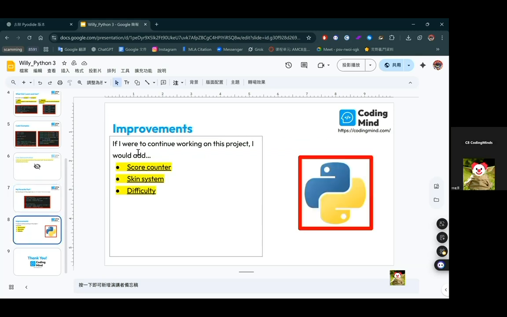And this project has something to improve. If I can, I would like to add a score system, a skin system, and make more difficulty levels, so the player can have more